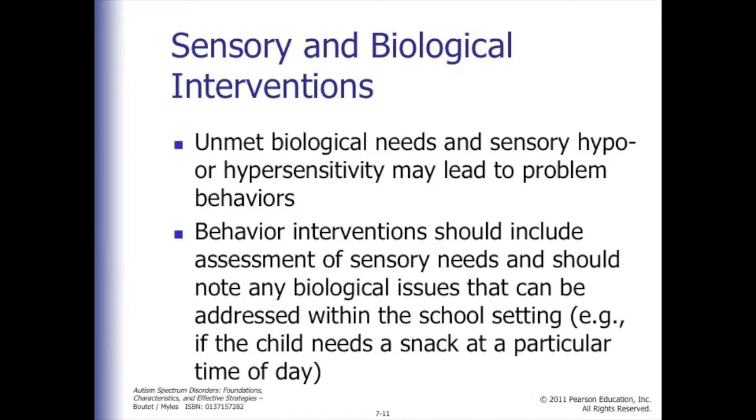Sensory and biological interventions can be difficult because you might not know what the unmet biological needs are, or if the student is hypo or hypersensitive to certain things in the environment. So it can be difficult because you don't know what the unmet needs are. You're just sort of guessing. So I would not suggest using biological or sensory interventions on their own, but they may be useful in conjunction with other strategies, especially if it is really clear what the sensory or biological needs are,